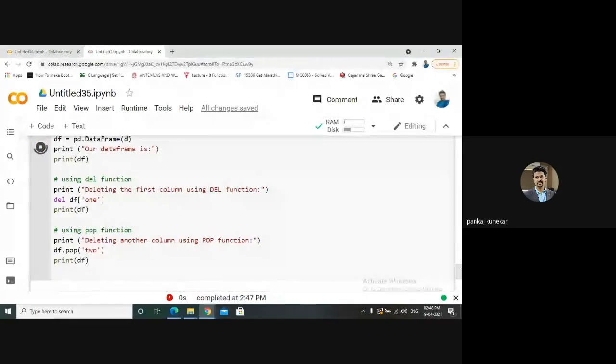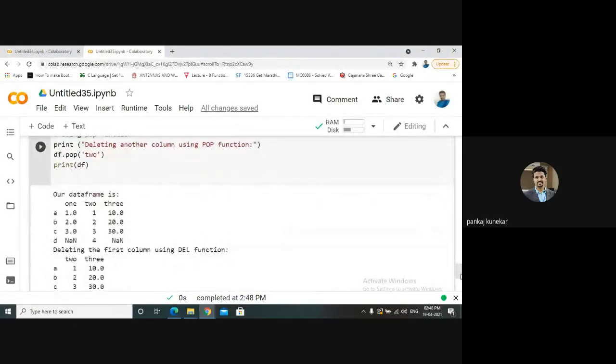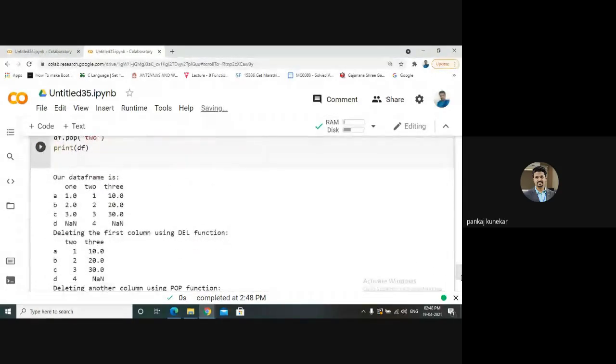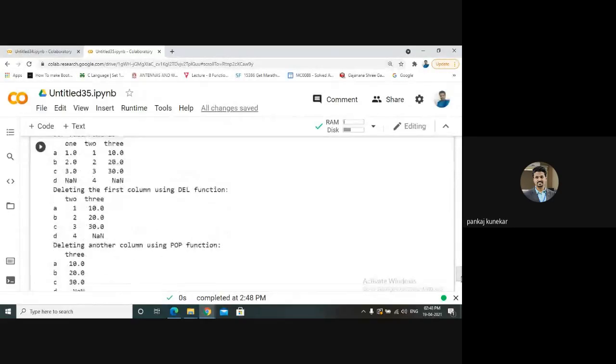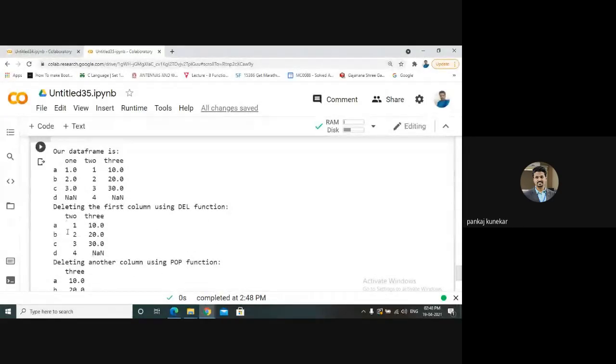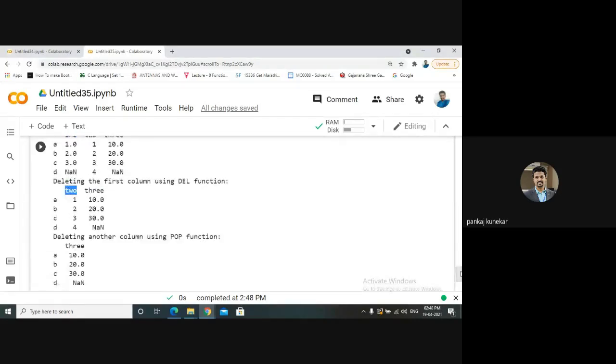See here, in the first operation the 1 column is deleted, and in the second operation the 2 column is deleted.